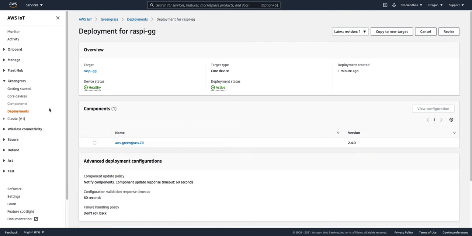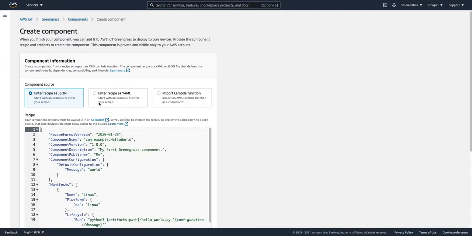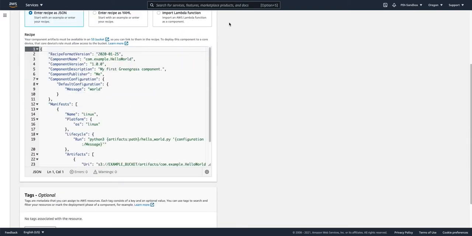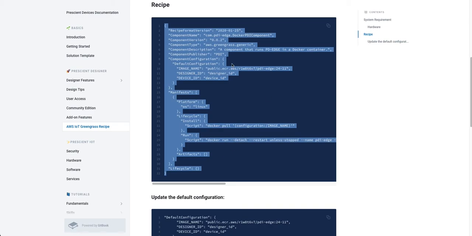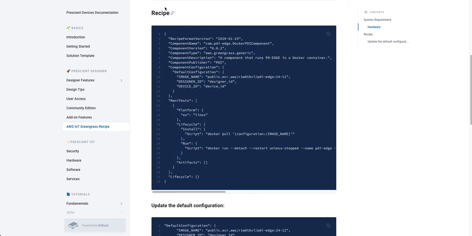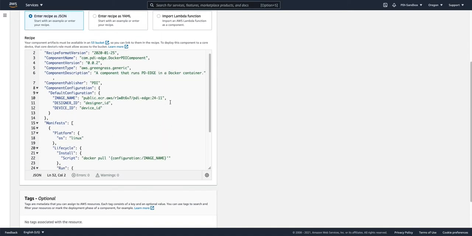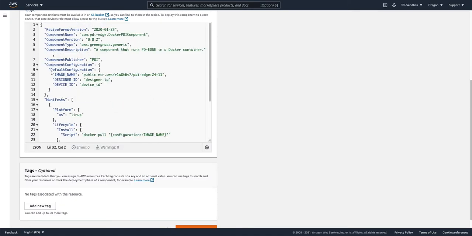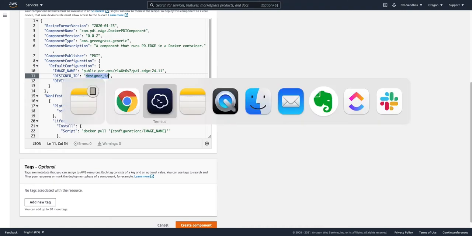So to do that, we'll go to components, we'll create a new component, and we can use the recipe from our documentation. So we'll just copy and paste the whole recipe into the Greengrass console. Now here, all you need to update is the default configuration. So you need to update the designer ID and also the device ID. You can get the designer ID by going to your